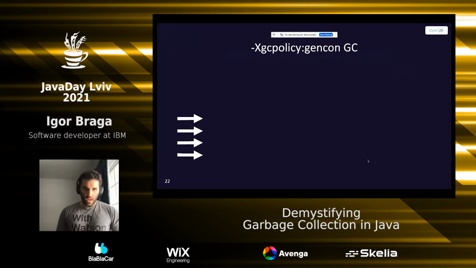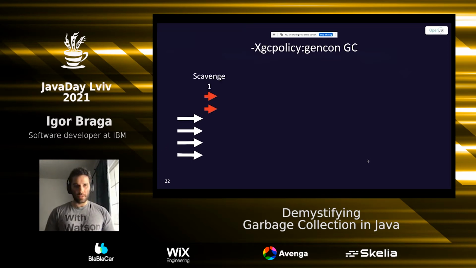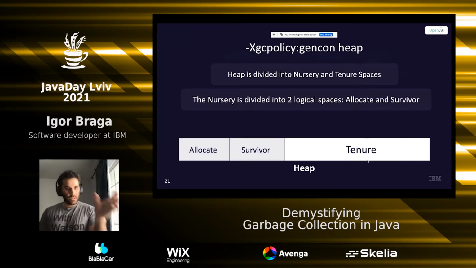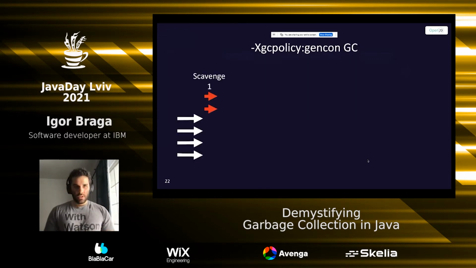So that's how our application behaves in this case. Again, white arrows represent an application thread, and red arrows represent the GC threads. Scavenge here is the copy collector, and like I said, this copy collector is going to be copying objects from allocate to survivor. When we hit the limit of allocate space, we trigger scavenger, the copy collector, and then the application can